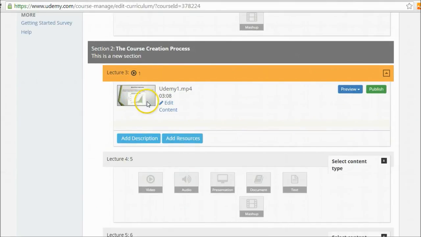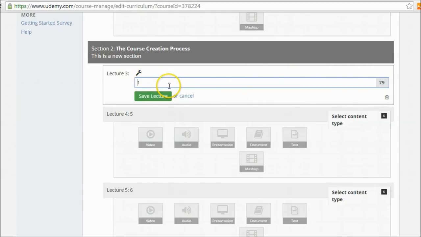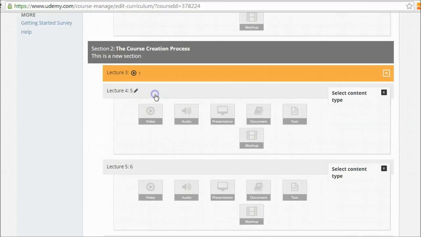Let me show you something else you can do here: you definitely want to add a title to each video. So I clicked on the little edit link there and create your new title there, right? Save the lecture. And then the other thing you're going to want to do, let me click the little drop down menu here,